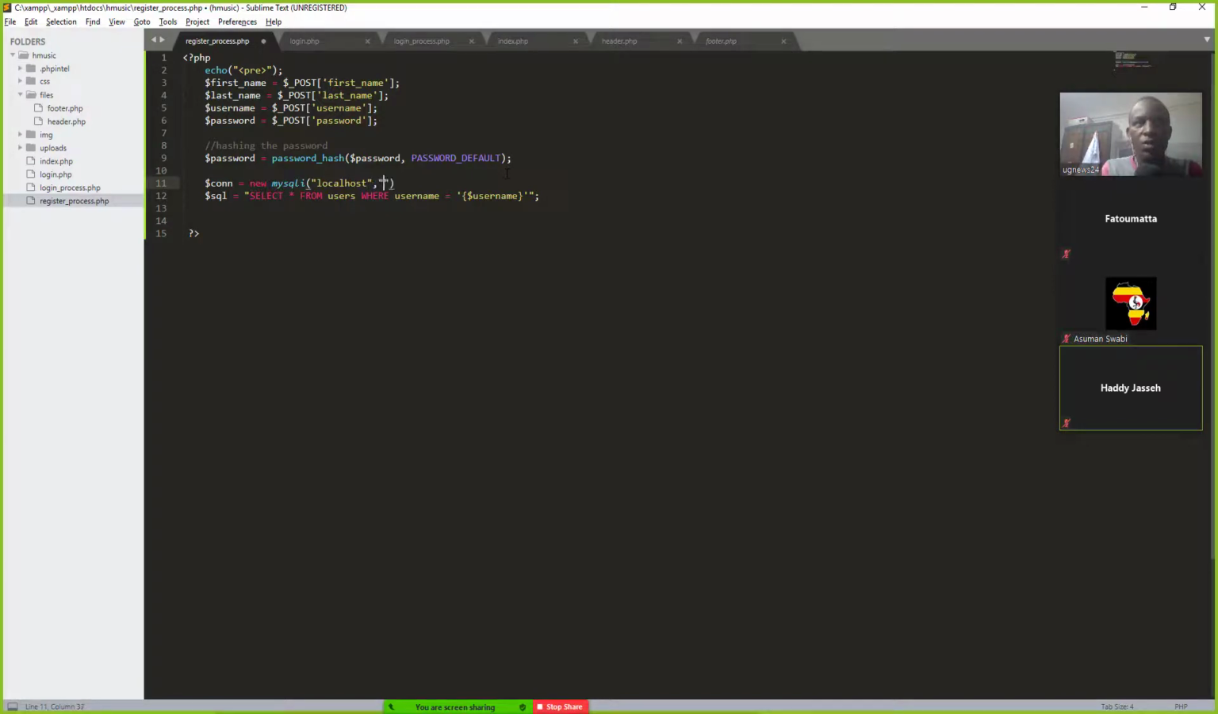Then after we enter the what? The database name. The username, which is root, and then you enter the password, which is nothing, and then you enter the database that we are based on, which is hMusic. So